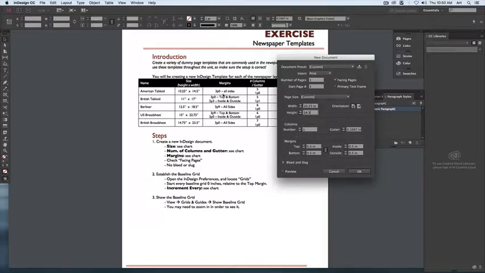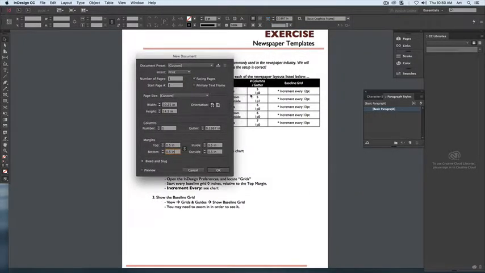As for the margins, notice that my unit of measure is in picas, so you can type that in. 3P0 are going to be the same for all sides: top, bottom, inside, and out. And since I've got it linked up, this will put the same thing in all of them. Now 3 picas is equal to 1/2 inch, so when I type that in, notice that it automatically corrects it to there. As far as the number of columns go, we want it to be 5 columns,